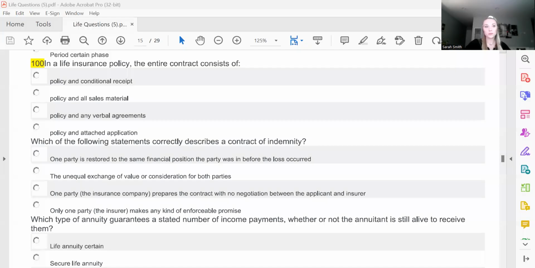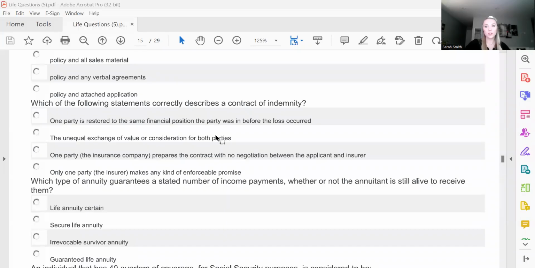Okay, let's get started. I'm going to share my screen and we will get right into it. We're doing questions 101 to 125. Like I said, there are no numbers, so I have my cheat sheet so I can keep track of where to stop.